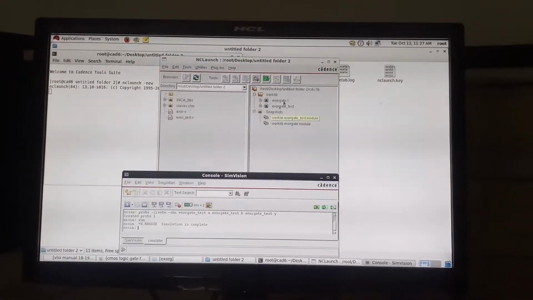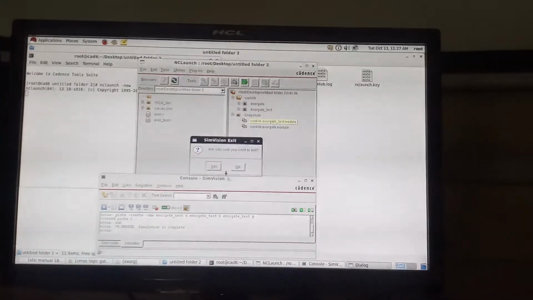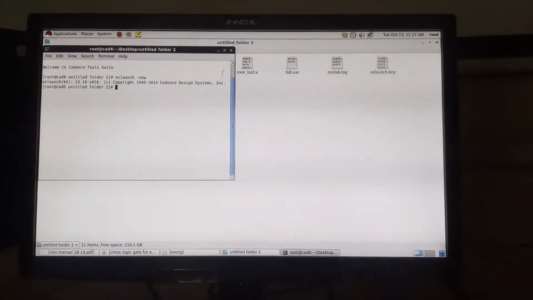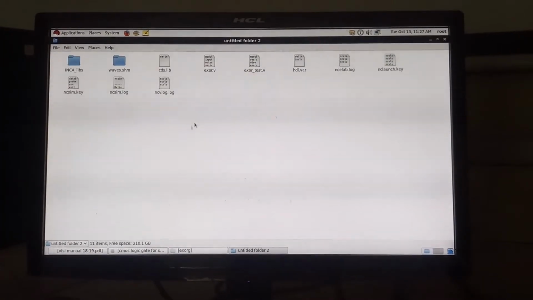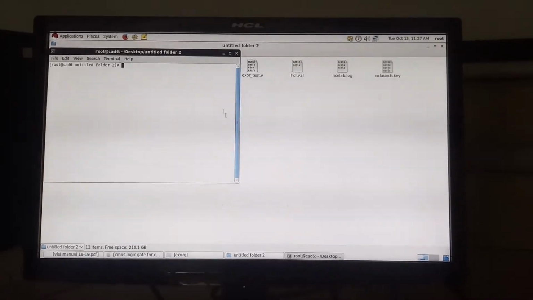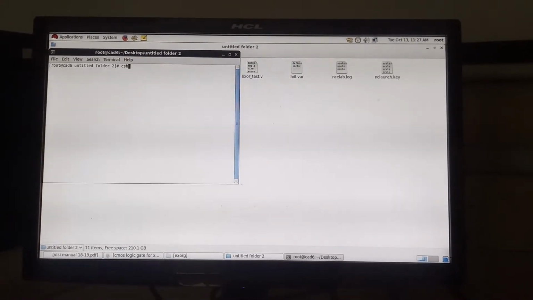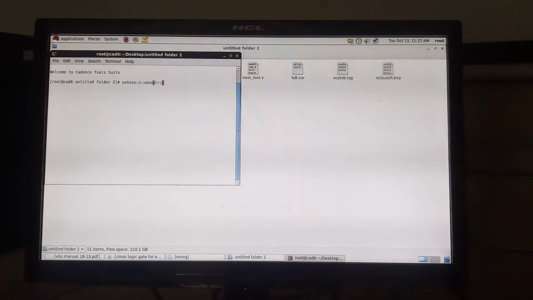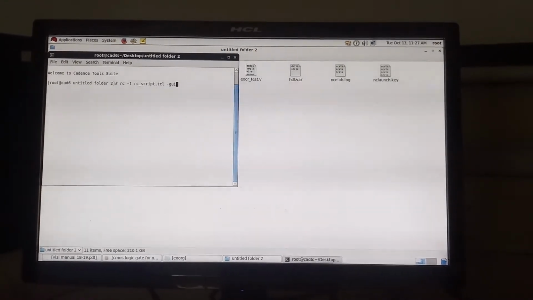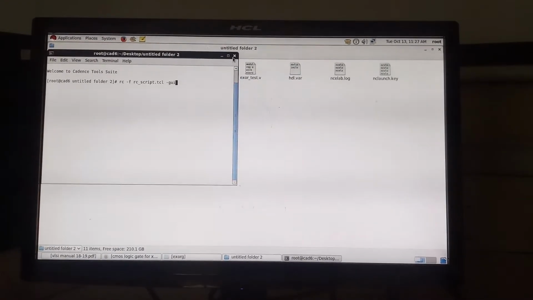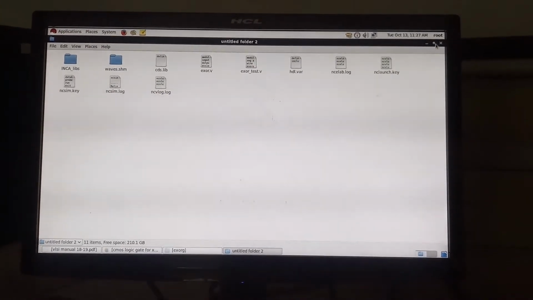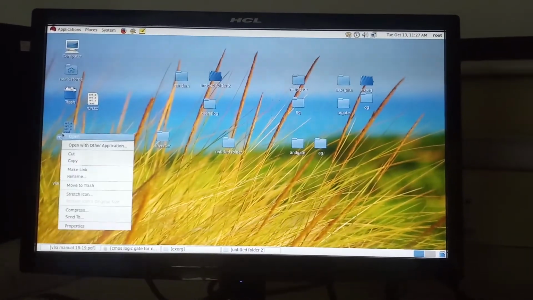Now we will see the area, timing and power report. Right click, open terminal, same as before. So you want area, time, power, right? Before that you should copy the RC script file. It is on the desktop.